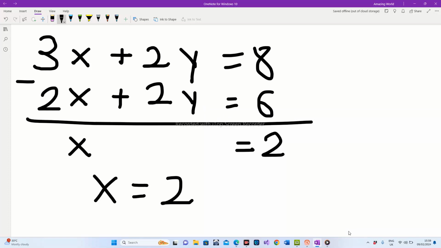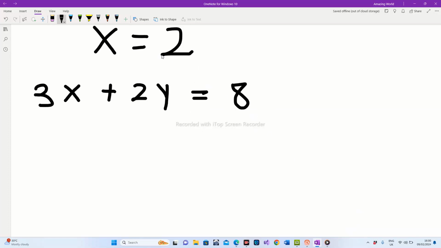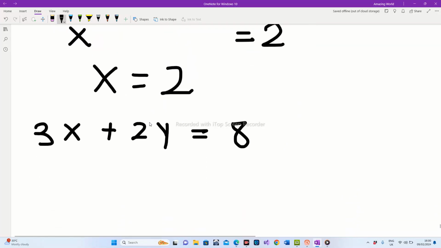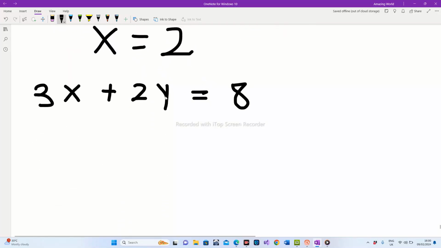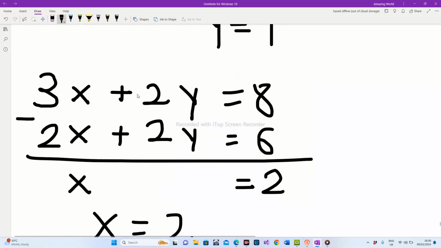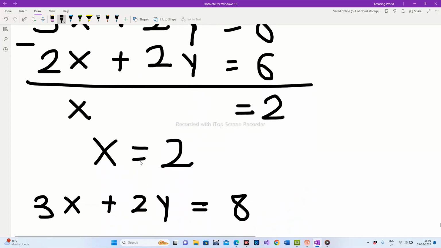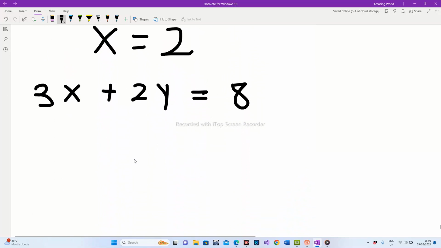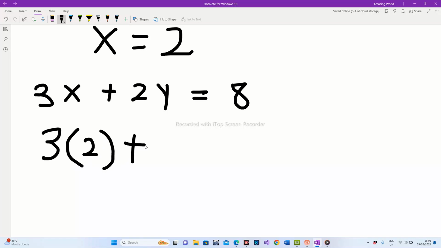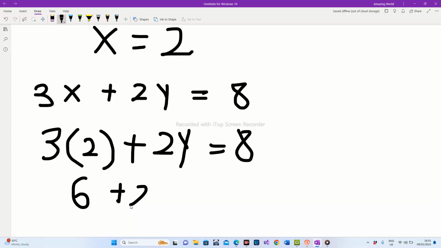Let's do that in a split second. Now that we have gotten our x to be equals to 2, we can easily substitute x equals to 2 in this equation 1. We can also use equation 2, depending on choice. Whichever one you feel is better for you, you can use. So let's quickly substitute x equals to 2 in this equation. That gives us 3 bracket 2. Remember, anywhere we see x, we remove x and put 2. That is what substitution means. Equals 8. Then we are left with 3 multiplied by 2, that is 6, plus 2y